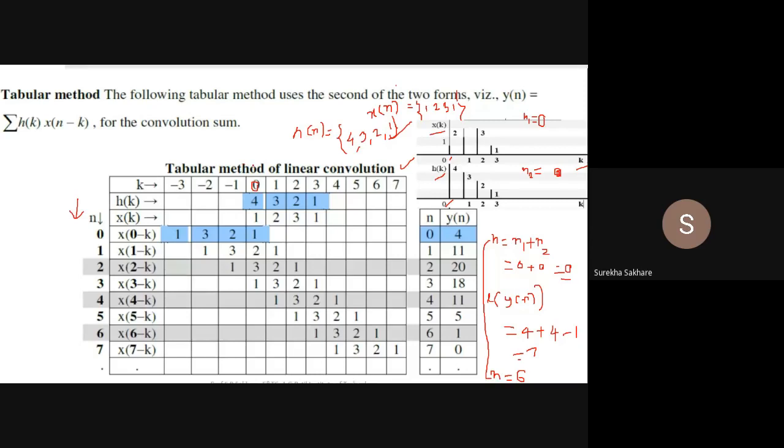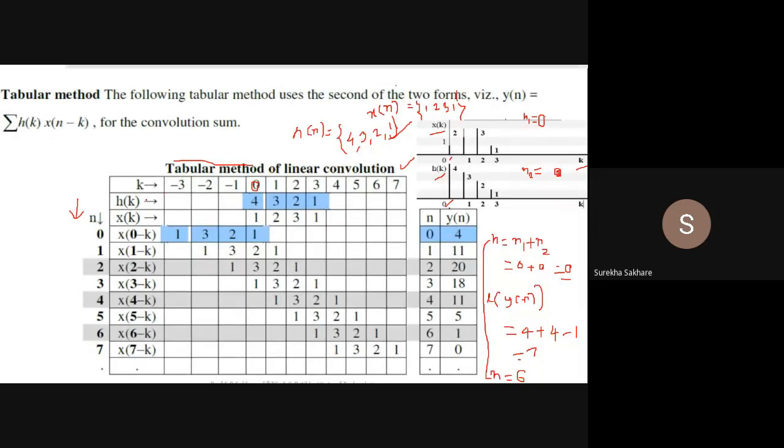So I have spanned this to 4. That is why you can see minus 3, minus 2, minus. It is all thumb rule. If I had 5 samples, then probably one of my flips will require 5. Okay, x of k to h of k, any one I will revert, the mirror image. In that case, if there are 4 samples, I will require 4 spaces here. If I have 5, I will require 5 minus k. That is why I have taken only 4 values here, including the 0.